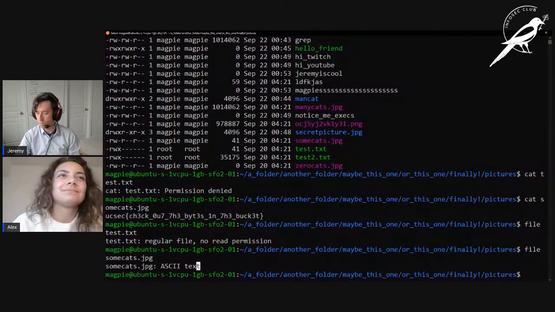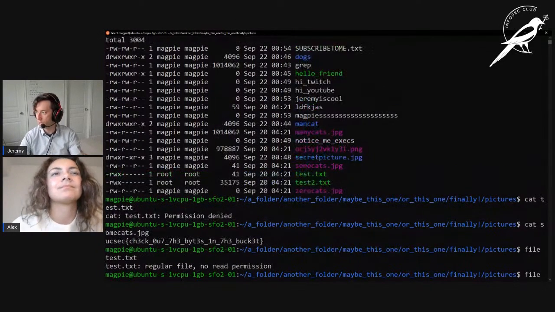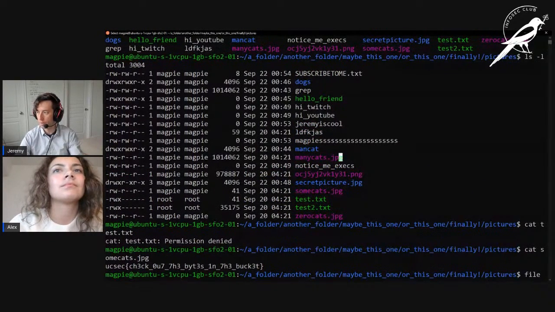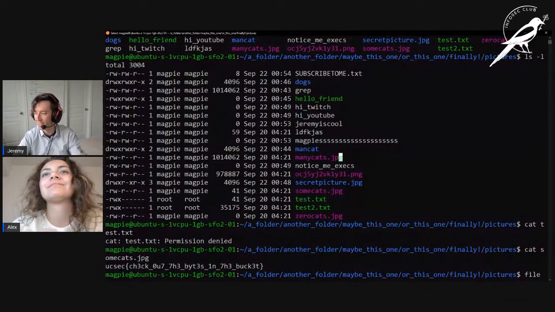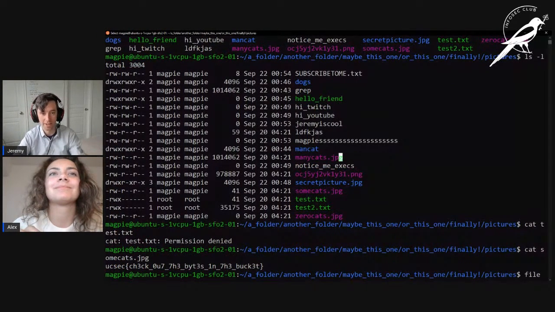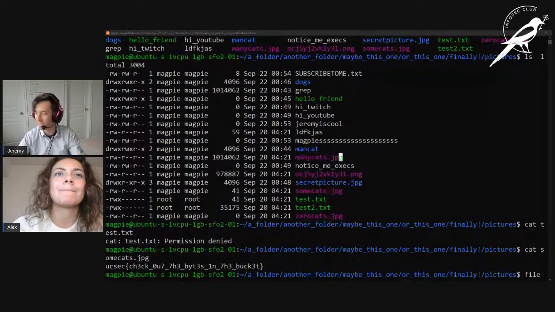So now that we know how to check what kind of a file is, we've got another cat file in here. For anyone that doesn't know, cats are very popular on the internet, and they tend to be all over the place in culture and society, and they've kind of taken over the InfoSec Club in a lot of ways. And so you're just going to find cats all over the place in our workshops and our examples for things. Yeah, so get ready. You're going to see plenty of cats.